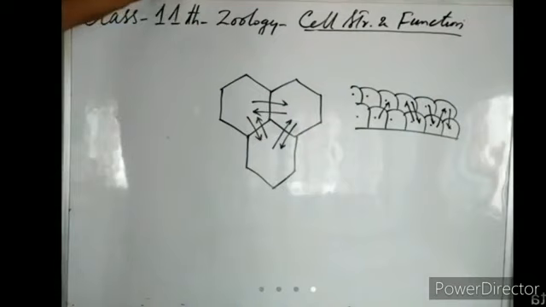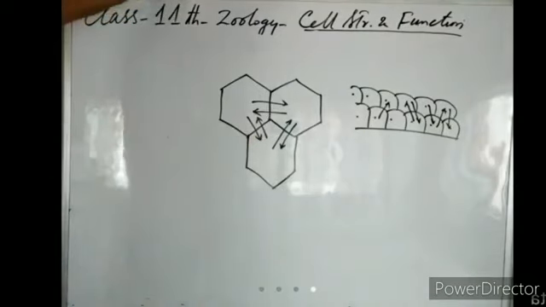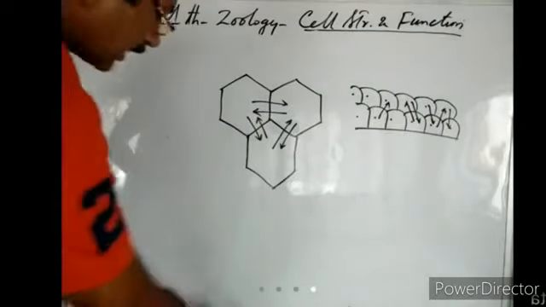What is the case in plant tissues? These are plant cells. They are covered by a rigid cell wall. Do they make exchange of materials between them? Plant cells do make exchange of materials between them. How do plant cells make exchange of materials between them?